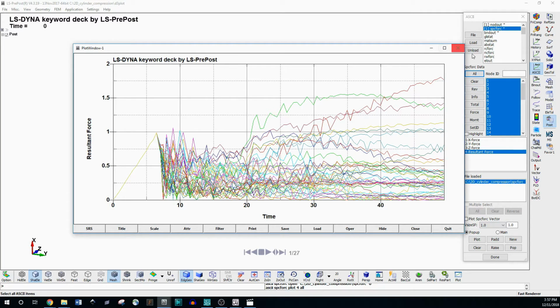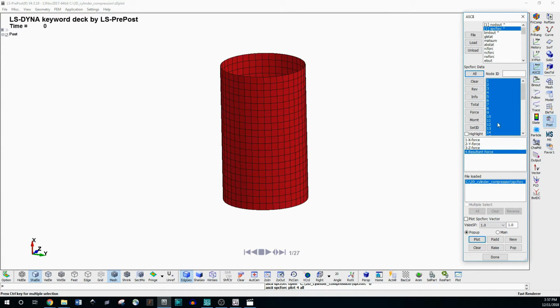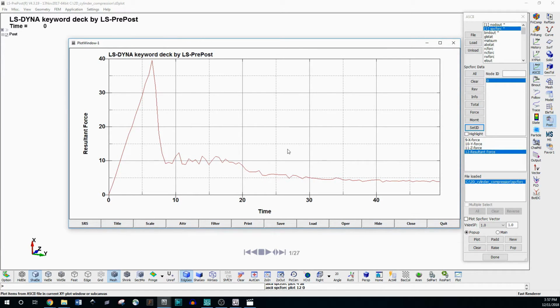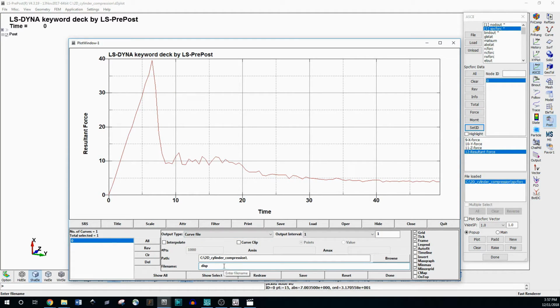I actually didn't do this right. So if we made a set, what we can do is click set ID here, and then click the set, and then click resultant, and then plot it, and it has an averaged out plot for us, which you can still left click each of these points to see values, but it's pretty coarse. We want to save it, so we're going to save this as